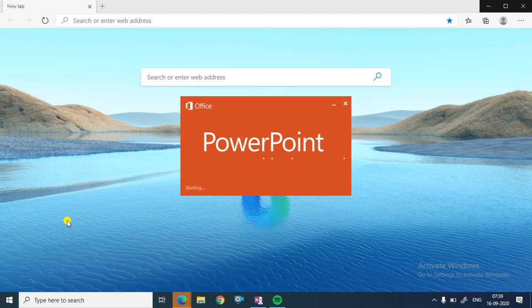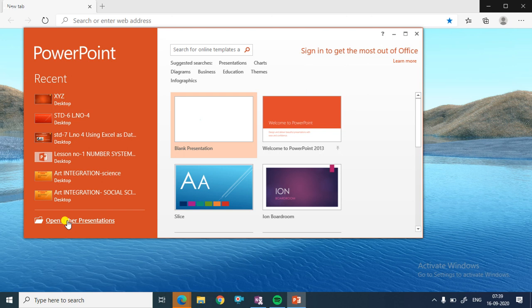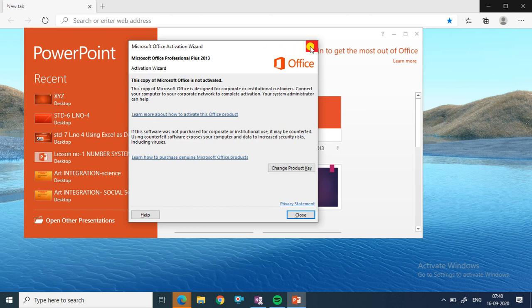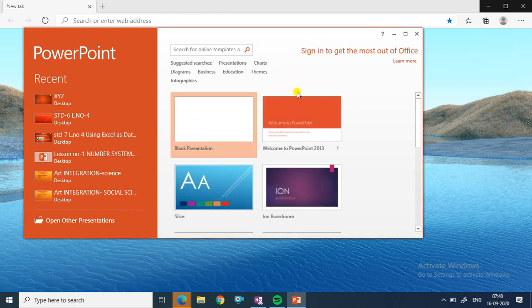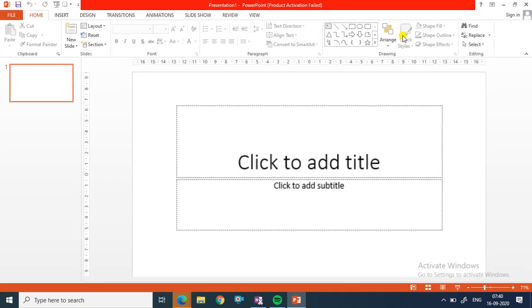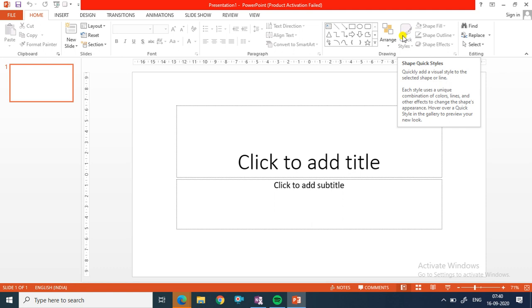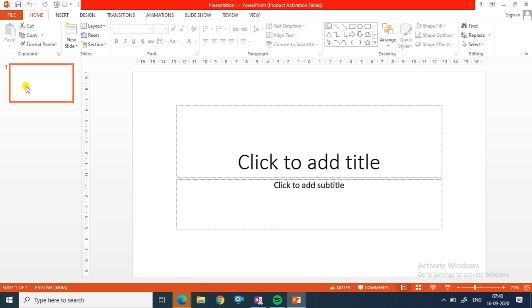So what is PowerPoint? PowerPoint is a component of MS Office Suite which is used to create simple and appealing presentation. Okay. Now click on blank presentation. Okay. Now what is presentation? A presentation is a collection of slides, okay, which is arranged in a sequential manner to give the information. Fine. Now what is slide? Now slide is like a page in a presentation that displays a brief information. Fine.